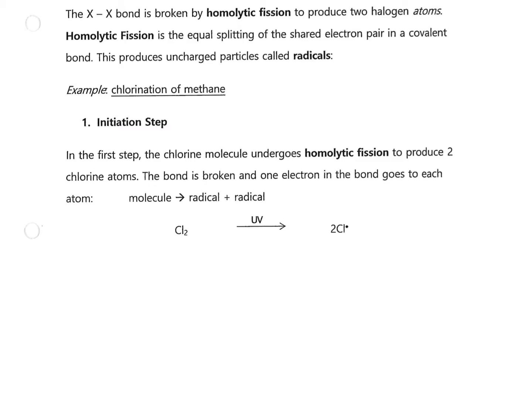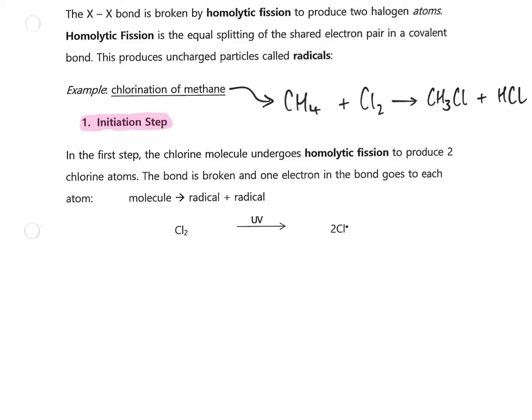So let's have a look now at what this mechanism looks like. So this first step of the process is called the initiation step. And in this example, we're going to look at the chlorination of methane. So methane is our first alkane in the series, and it has just one carbon, so it has the formula CH4. And essentially we're going to react it with chlorine, and as a result we'll swap one of our hydrogens, or substitute one of our hydrogens with a chlorine atom, and we'll produce chloromethane